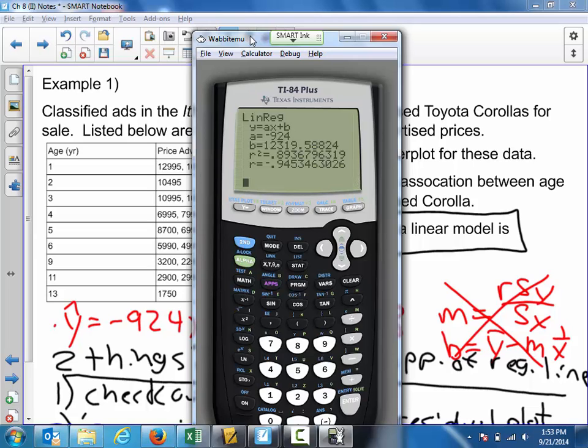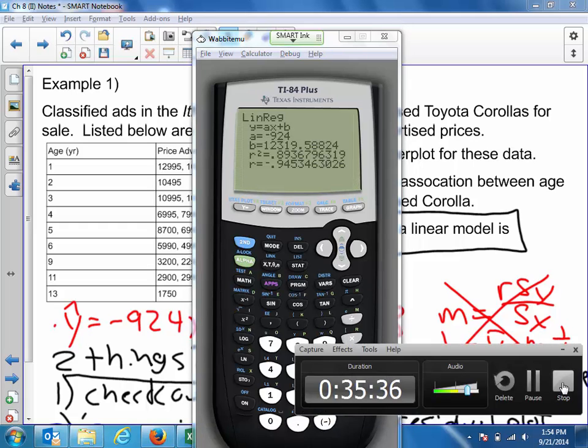Remember that your slope and y-intercept do have real-world meaning. It doesn't mean that the y-intercept and slope are actually true for the data. It doesn't mean that that's actually what the data is doing. It just means that that's what the